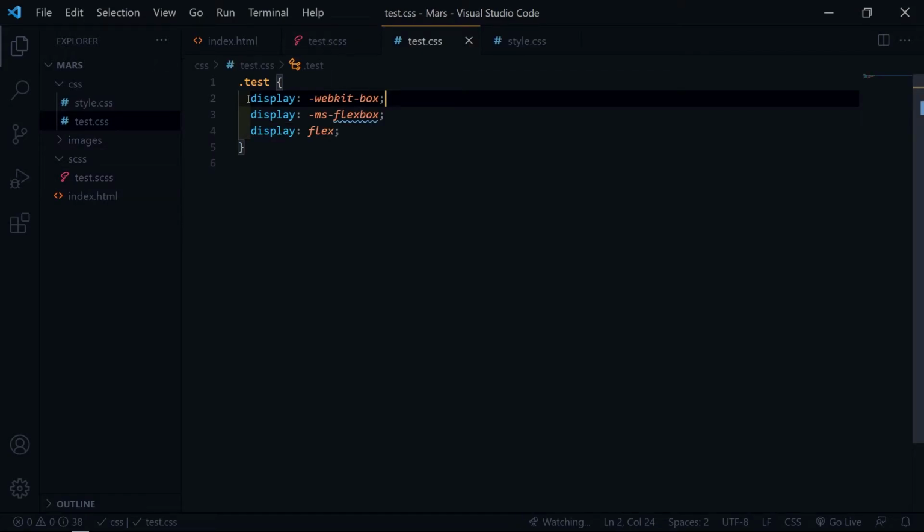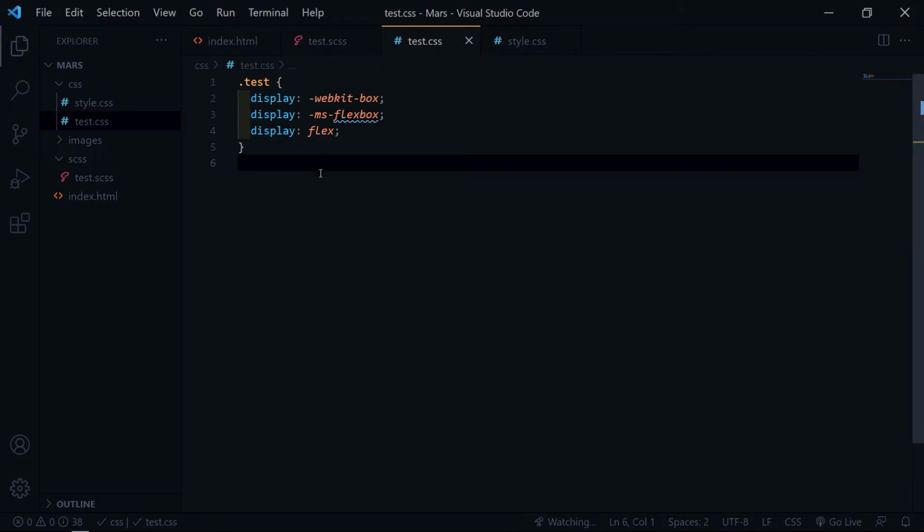First one is targeted for the older versions of Internet Explorer. This one for Mozilla Firefox, older versions of Mozilla Firefox, and this common for all the web browsers. So using a CSS file, you don't need to write code for older versions of web browsers separately.